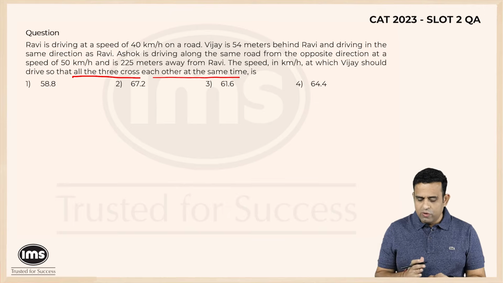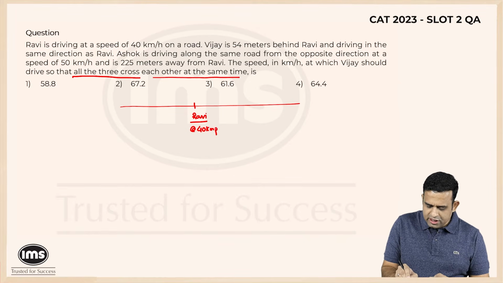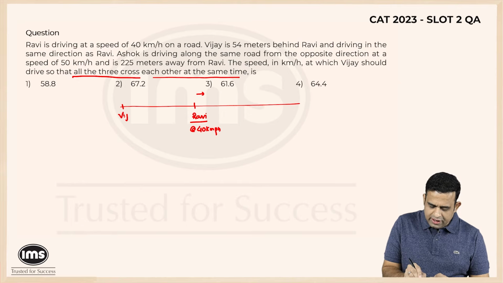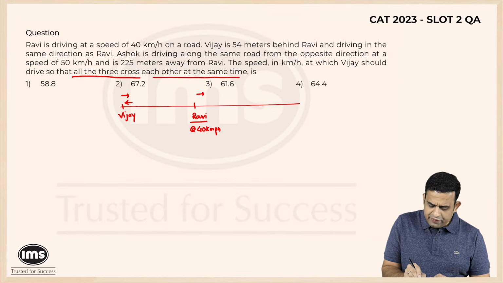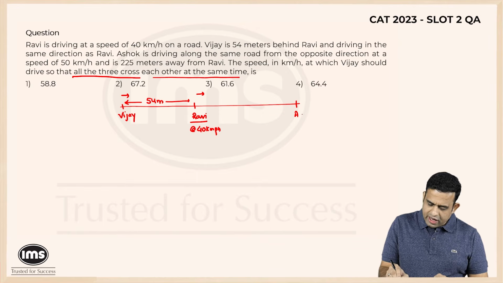So in this particular scenario, what we can do is, first of all, make a rough diagram. So this sum looks slightly simpler. If I just make a line, and suppose this is Ravi traveling at the speed of 40 kmph, going in this direction. The person Vijay is also traveling in the same direction. We don't know the speed of Vijay, and the gap between Vijay and Ravi is 54 meters. Then the person Ashok is traveling in the opposite direction. So let's say we have Ashok over here traveling at the speed of 50 kmph